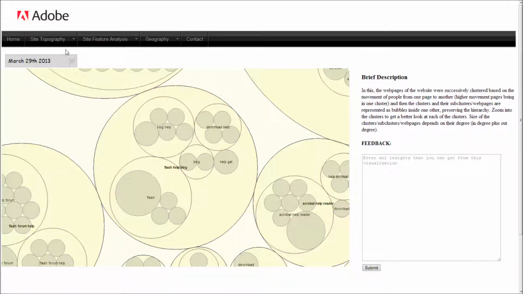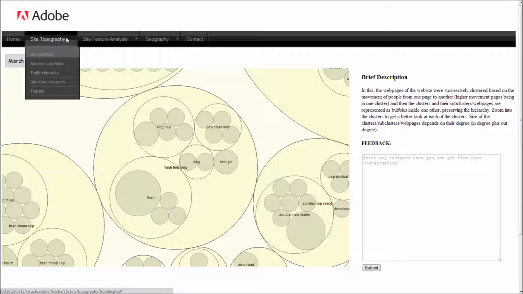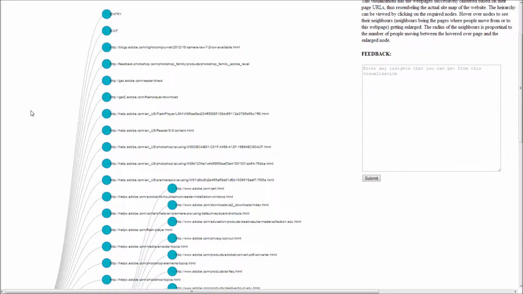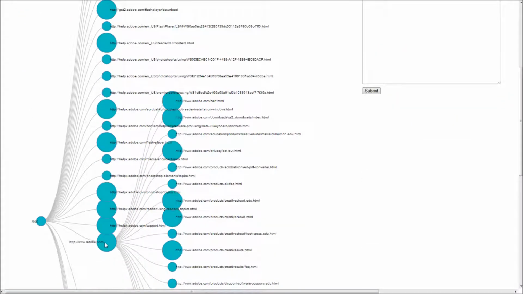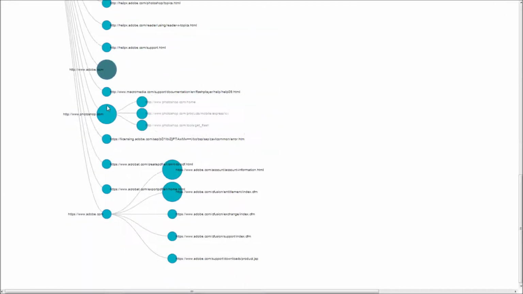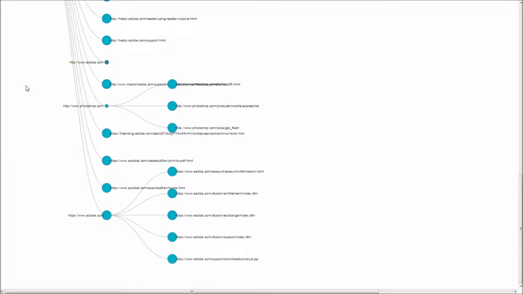Now this was the clustering according to how people move from the web page. There is an inherent clustering in web pages, which is of the web design, like A/B is a parent of A/B/C. So this is a clustering based on that. Now you can see here that it's a collapsible clustering. You can collapse the nodes and all. You can make them big again.